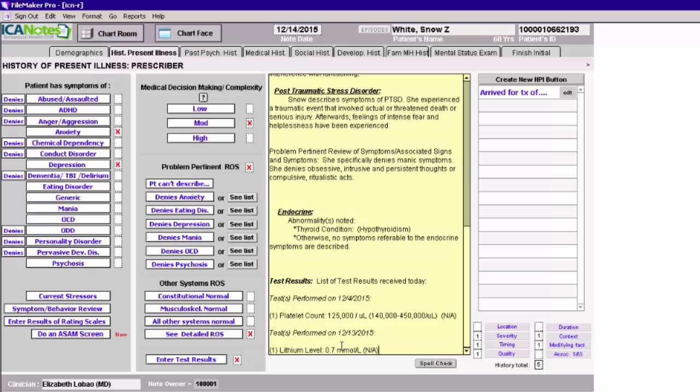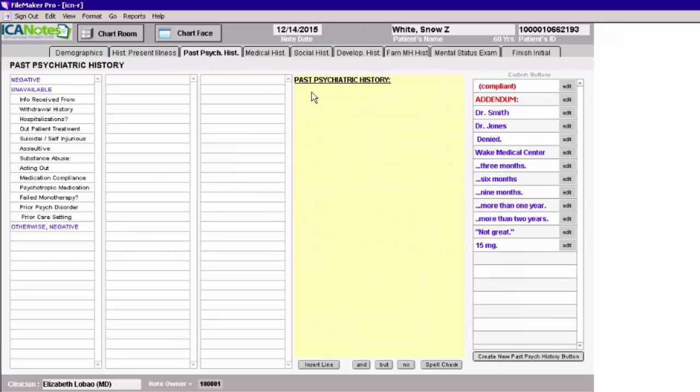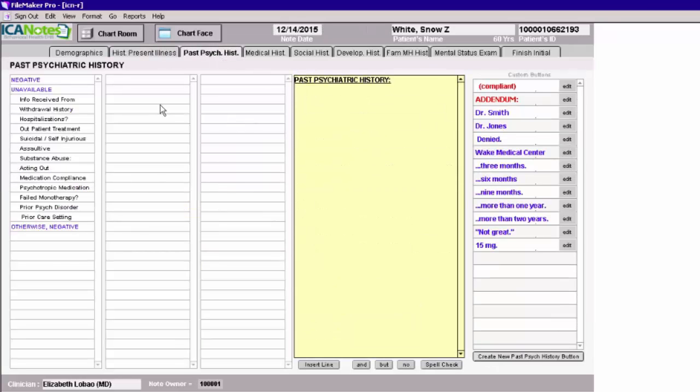And you can see my test results or my lab results right here. Next, we're going to move over to the past psychiatric history. For you prescribers, there's probably not a whole lot here that's new or different, but in terms of E&M coding,